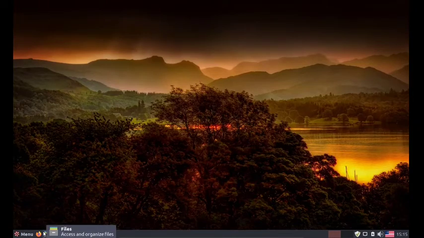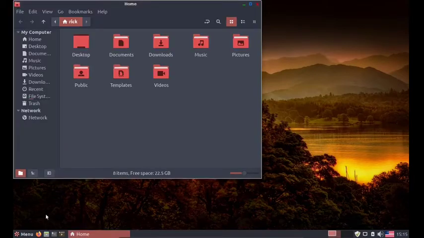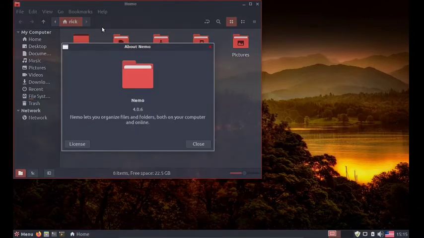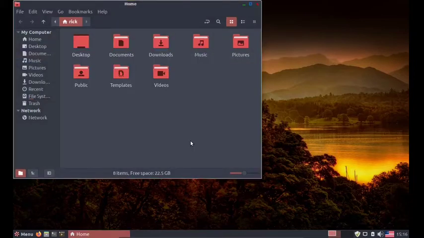Files. I'm not sure, but I think that may be Nemo, if I'm not mistaken. Sort of looks Nemo-ish, doesn't it? Yep, Nemo. Nemo is one of my favorite file managers, so it's cool that it's got that. But it's also got, if I remember right, I think he uses